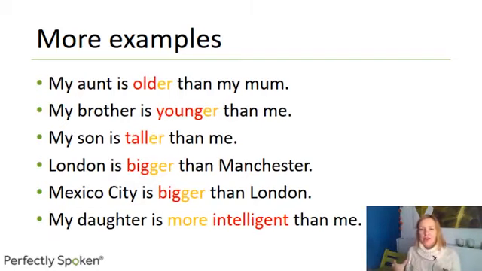You've got to add er, to double the consonants and add er, as in bigger. Okay, you can see big, bigger. Or simply add more intelligent. So, what are the rules? I'm going to show you now the rules, and talk you through the rules